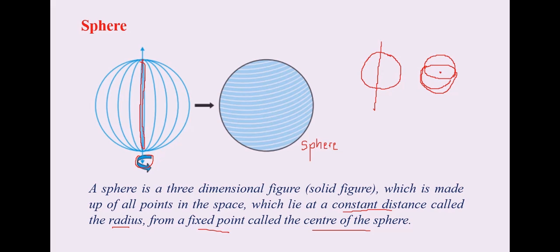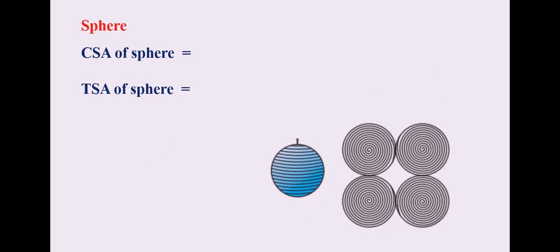So now we are going to move to finding the CSA and the TSA of the sphere. Now mathematically it is very difficult to find the CSA, that is the curved surface area, and the total surface area of a sphere. How to find the area? Okay, so area is slightly mathematically will derive in the higher standards, but just now if you can do it practically, you can try it practically. How? You can see this figure here. Take a rubber ball,